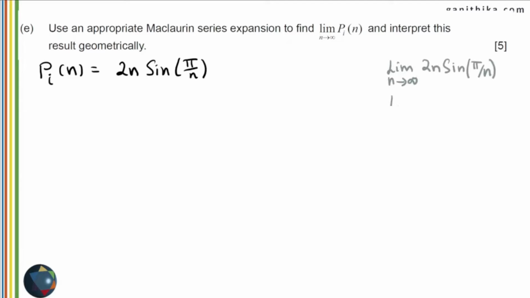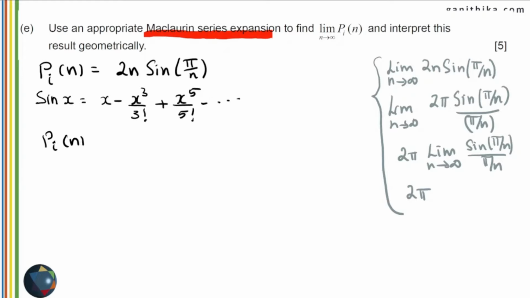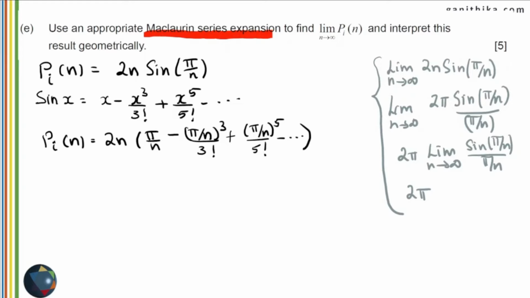The limit as n tends to infinity of this will be equal to 2 pi times sine pi by n over pi by n. You can introduce pi in the numerator and denominator in order to use the sine theta by theta equal to 1 limit. But this method is not going to achieve you any marks because it's specifically asking you to use Maclaurin series expansion. So using the Maclaurin series expansion for sin x, which is given in your formula booklet, and substituting